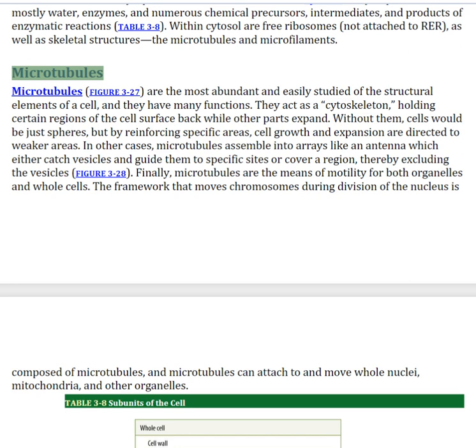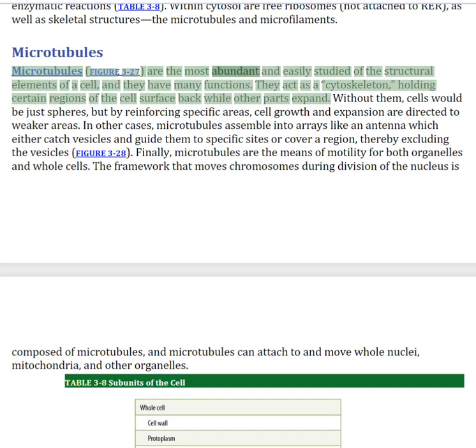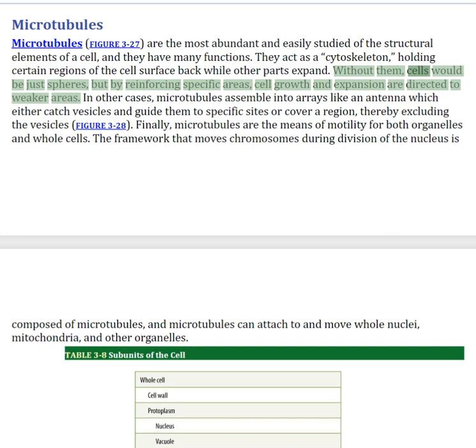Microtubules. Microtubules are the most abundant and easily studied of the structural elements of a cell, and they have many functions. They act as a cytoskeleton, holding certain regions of the cell surface back while other parts expand. Without them, cells would be just spheres, but by reinforcing specific areas, cell growth and expansion are directed to weaker